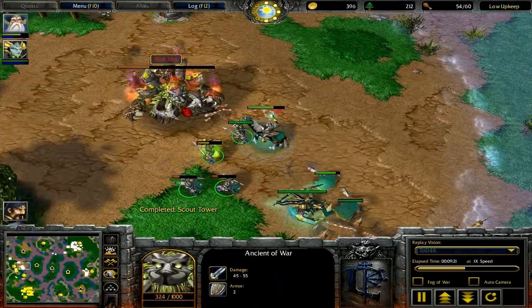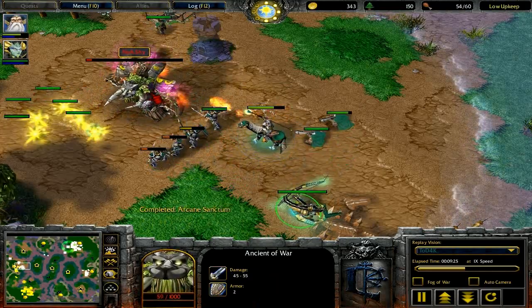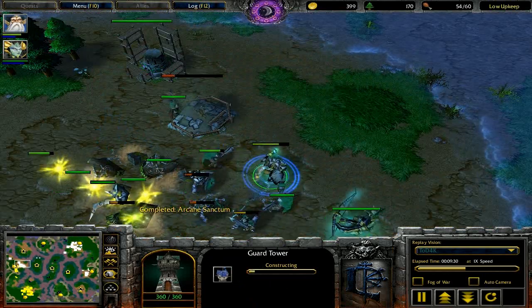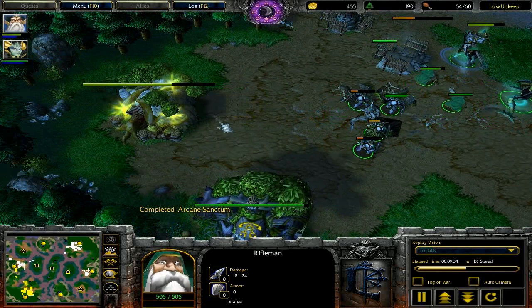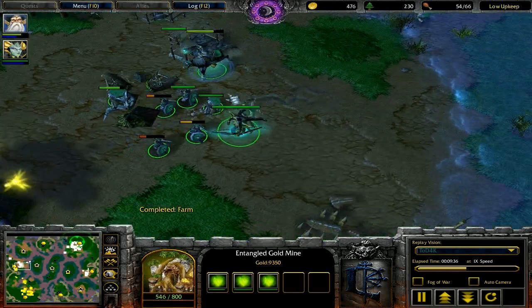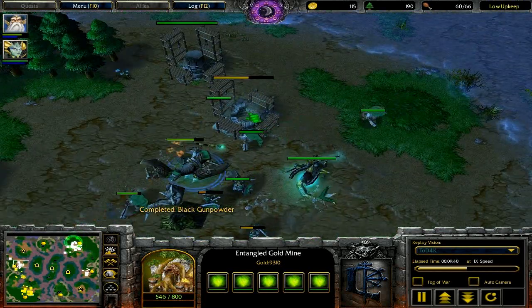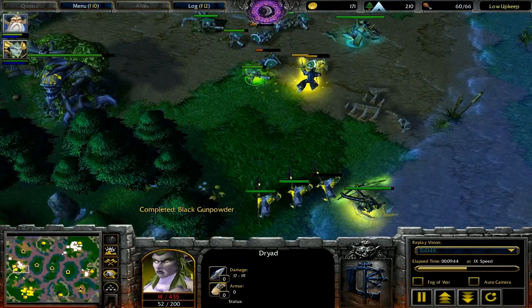So I thought it was very interesting how Todd's harass is paying off for him. He's not even pushing at the main base, but it's very hard for the DH to get up to full HP, simply based on the fact that he can't really get up to full HP unless he has moon juice to do it. That's sort of Night Elf's lifeline. So by sucking away all the extra lives their heroes and units get,